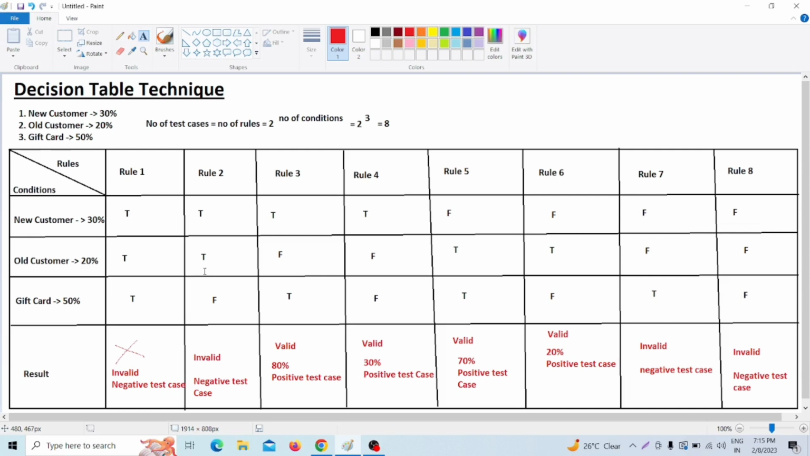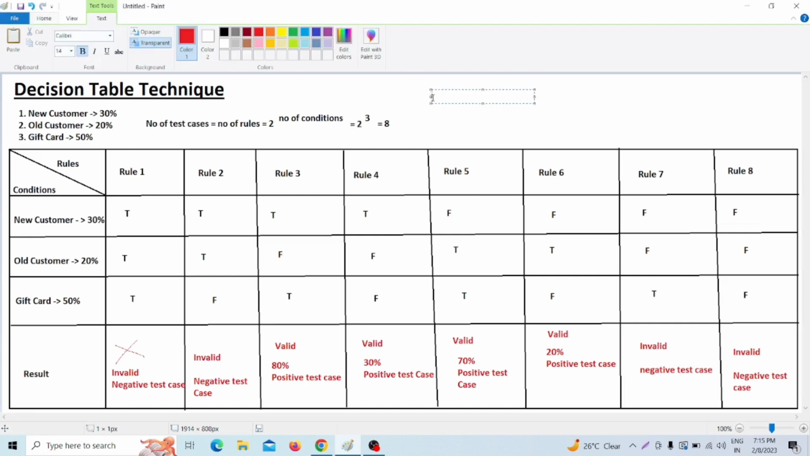What is the decision table technique? And also, for this decision table technique there are different names. We can call it decision table, or we can say decision table testing, or we can call it